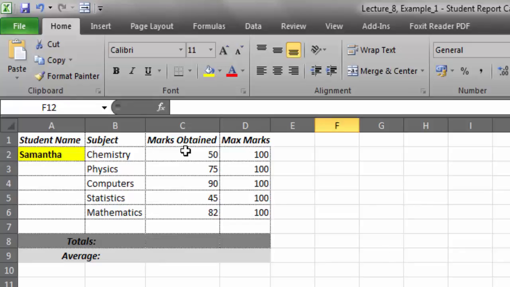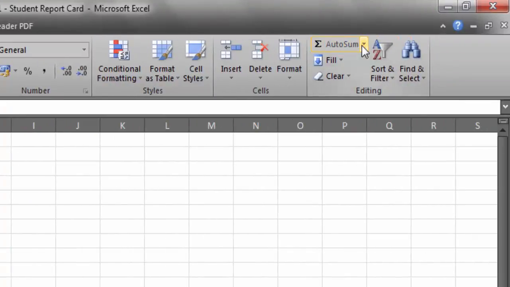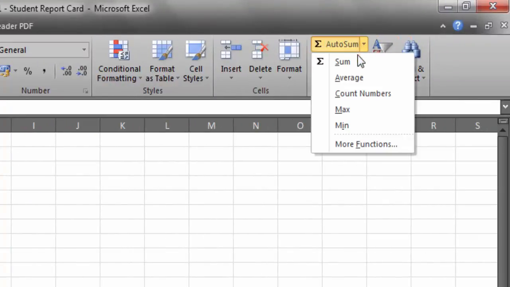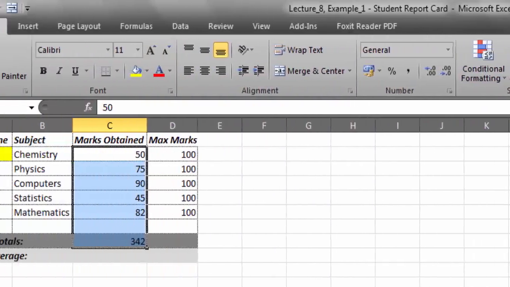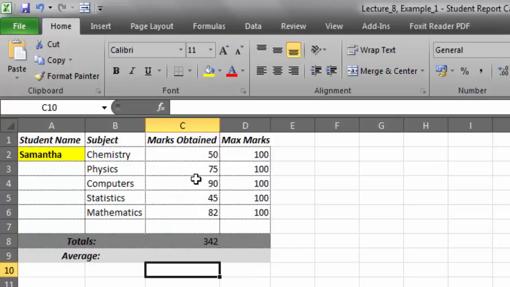So in order to find the total for this, you're going to again click on the first cell which contains the marks obtained for the subject chemistry. Then you're going to drag it down exactly to the cell where you want the sum to appear. As you can see, I really want to have the sum in the totals cell. So once you select this, simply go to the editing toolbar and in the pull down click on sum. As you can see, it automatically fills in the cell with the sum of these marks obtained